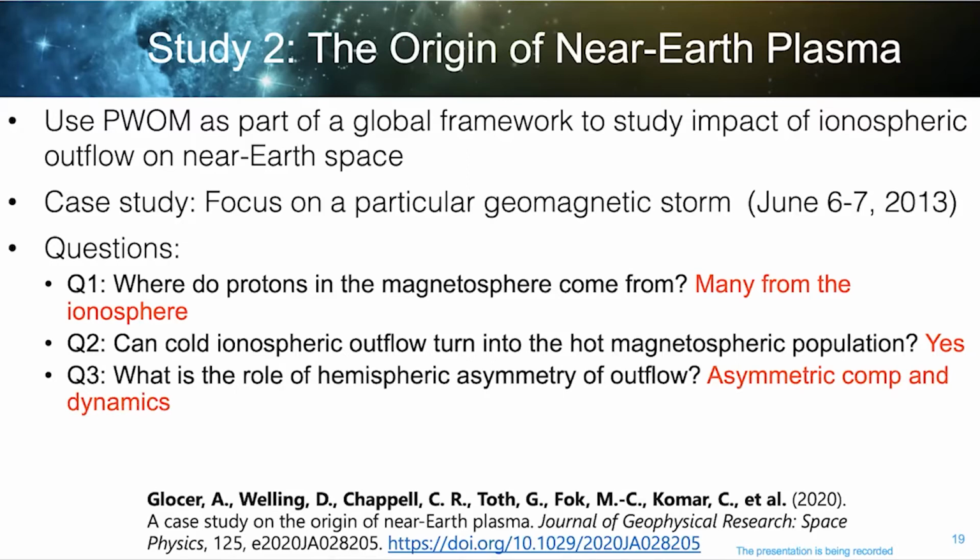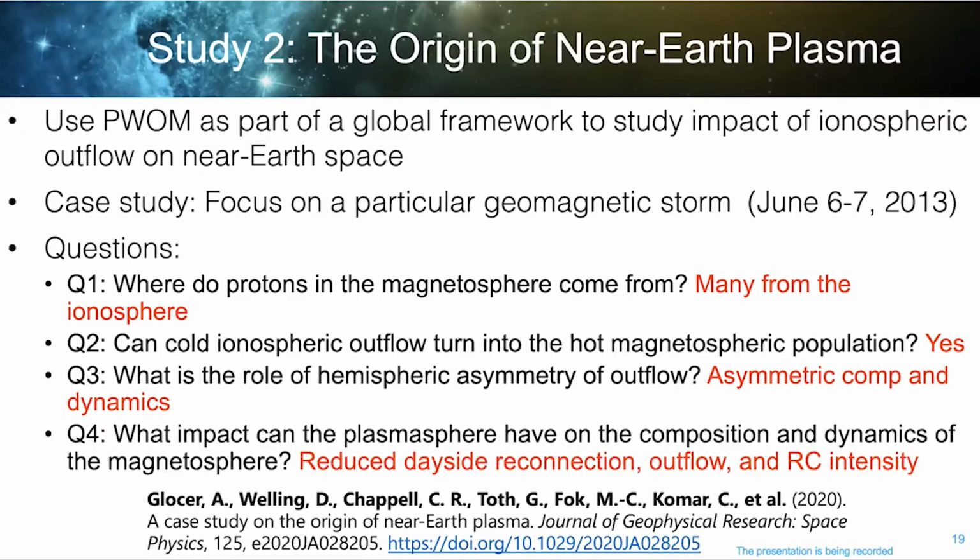We're also going to look at what's the role of hemispheric asymmetry in ion outflow. And as you'll see, when we introduce asymmetric ion outflow, you're going to get asymmetric composition in the magnetosphere, and that can affect the dynamics. And finally, we're going to look at what impact the plasmasphere can have on the composition and dynamics of the